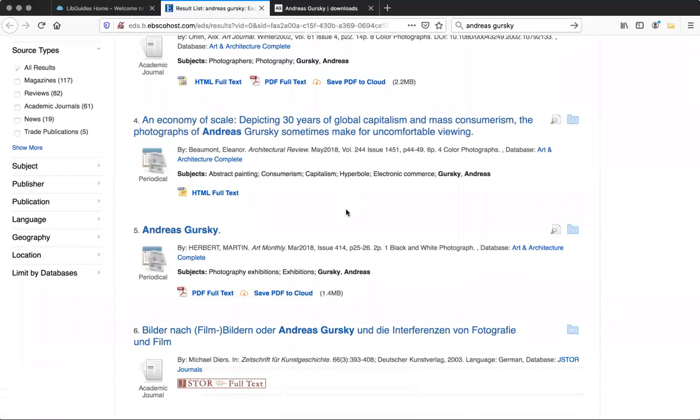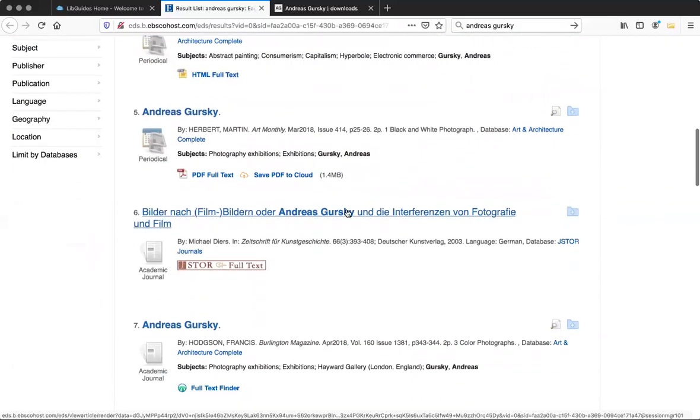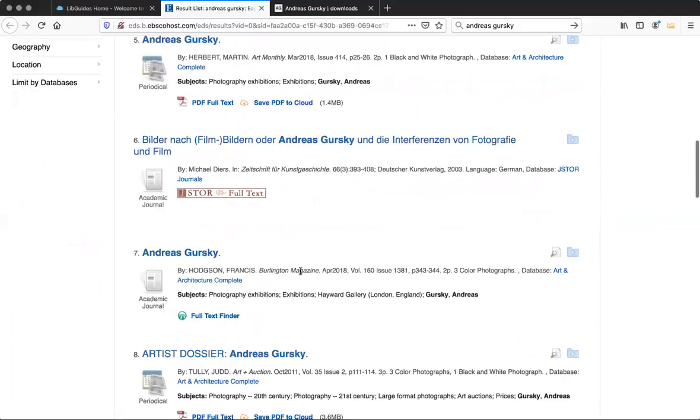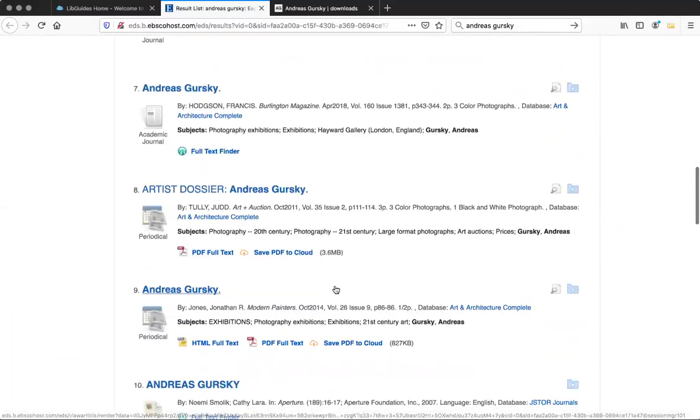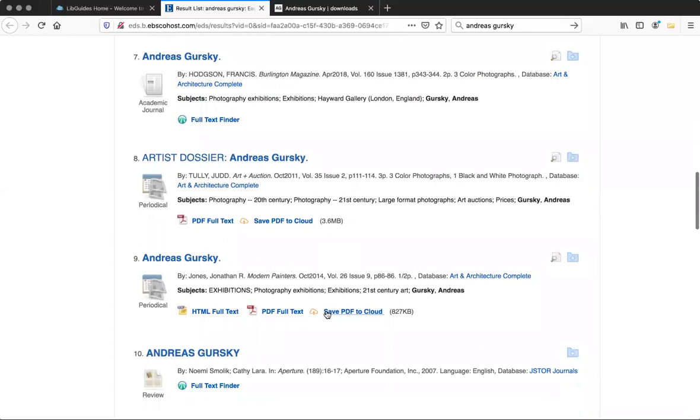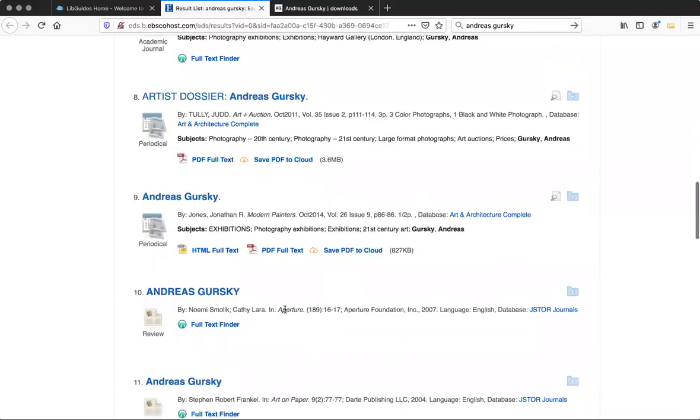All of these are coming from resources where we'd expect them to. And there are other things as we look through, like Burlington Magazine, Art and Auction, Modern Painters. As we're going through, we might find something like Aperture, which might be one that I just looked to as an example. That's coming from JSTOR Journals, and if we open that up,